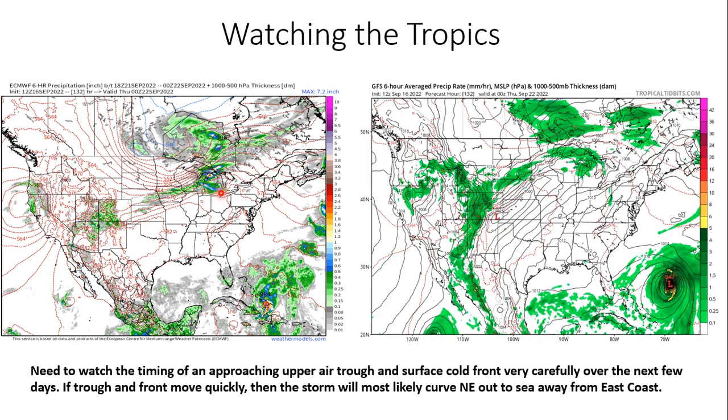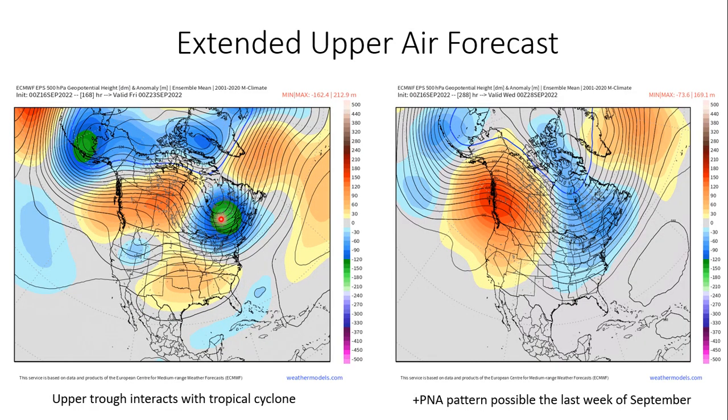It's going to drop down out of Canada. Along the leading edge of this cold front, you're going to see these showers and thunderstorms in the Midwest. This will be next Wednesday, late on the 21st of September. Now, like I said, if this cold front and then this upper trough dig deep enough, they're going